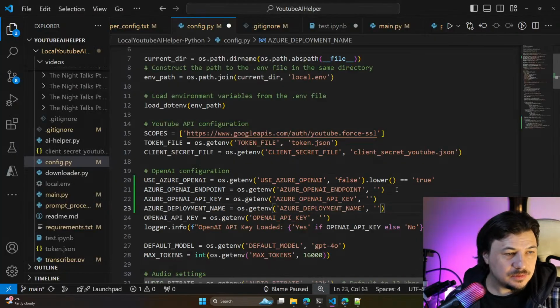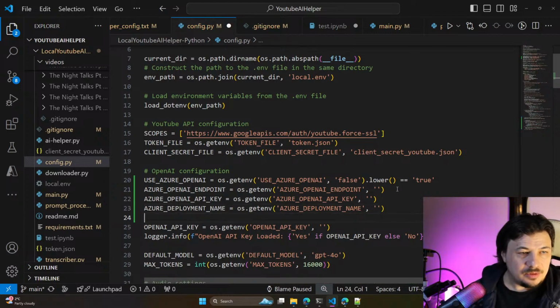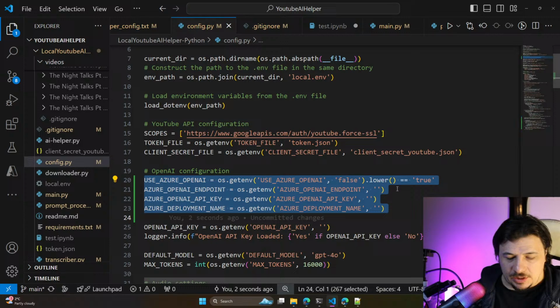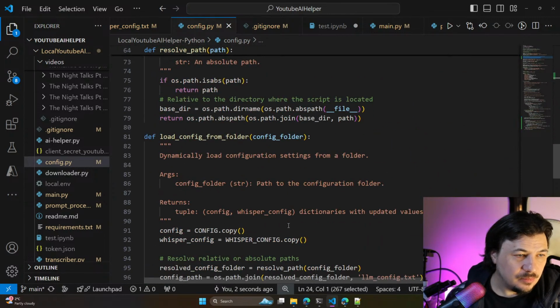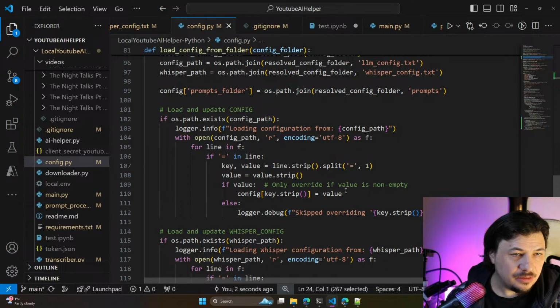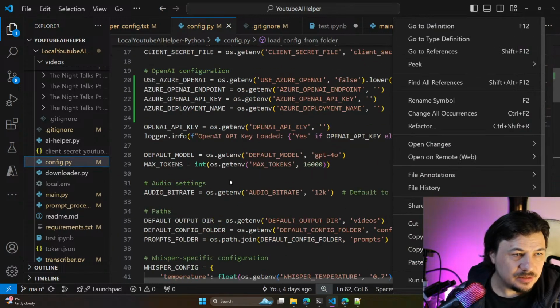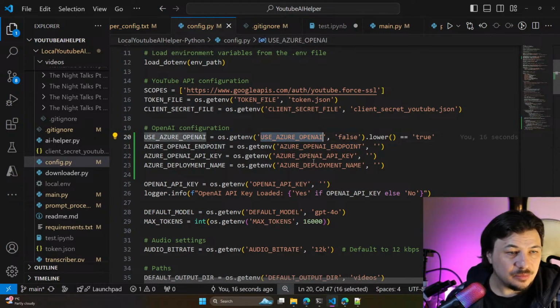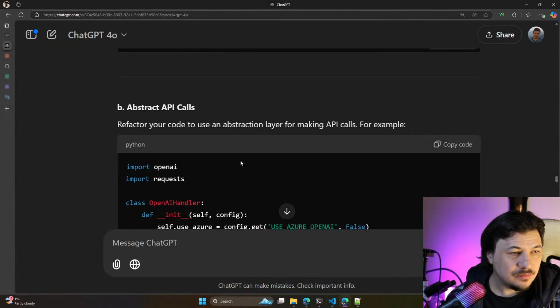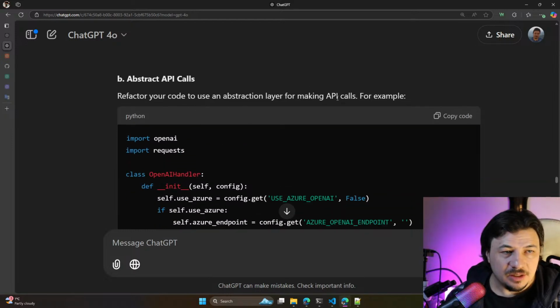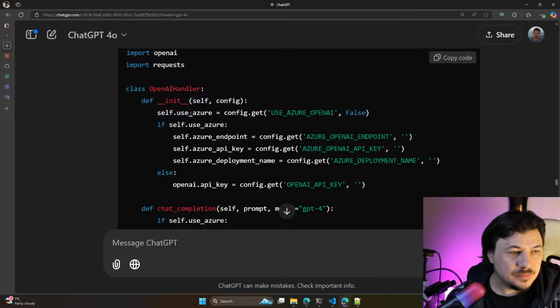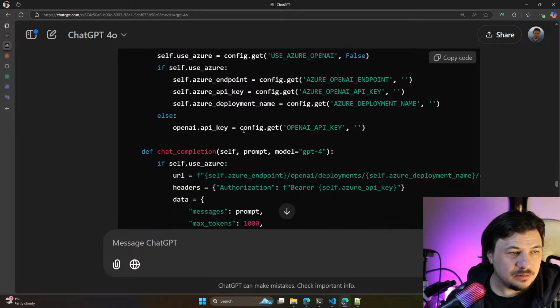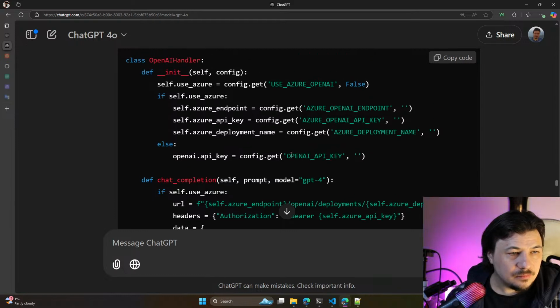And we have that in the Azure OpenAI endpoint. Also, most probably when we read it from here, it should be there as well. Get an Azure OpenAI endpoint, use Azure OpenAI. Okay. Abstract API calls: use an abstraction layer for making API calls, for example, self-use Azure. Okay. OpenAI API key.